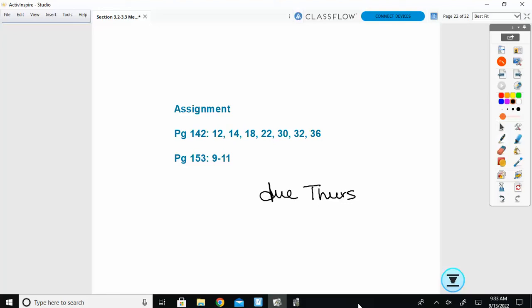I really would like for you to do one standard deviation by hand, but not necessarily all of them. So how about 14 would be a nice one. How about on 14 you do the standard deviation by hand? The rest of them you can use your calculator. So I just want you to try at least one. You can do more than one by hand if you